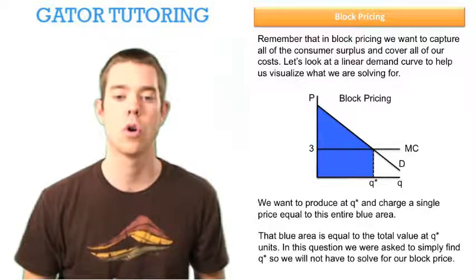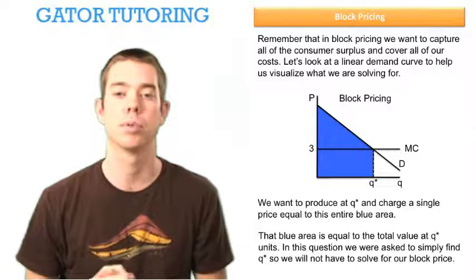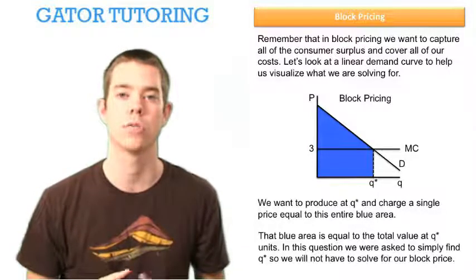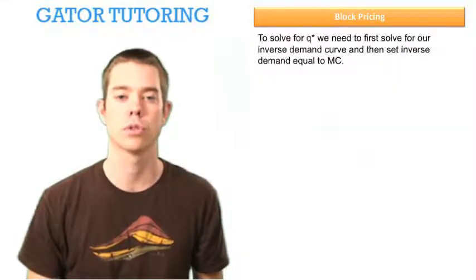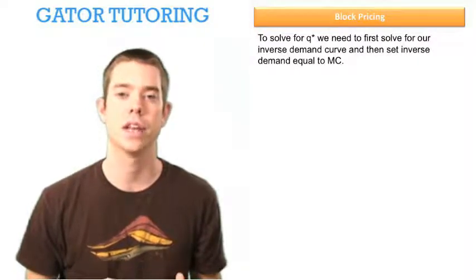Well, this question is only asking us to find Q star, so we won't have to solve for our block price. But if we did have to solve for our block price, we would plug in Q star into our total value function, and that would be our single block price. But again, we're only solving for Q star. To solve for Q star, we need to first solve for our inverse demand curve